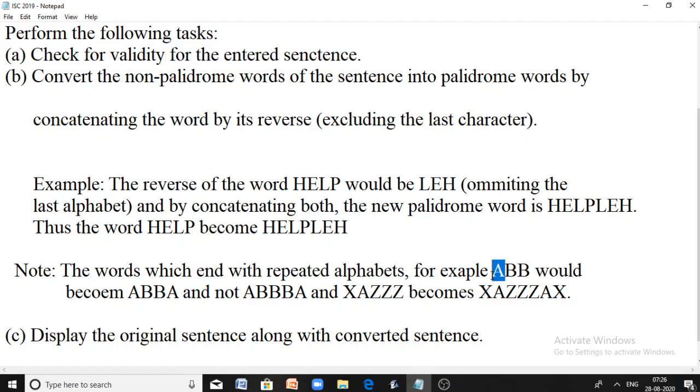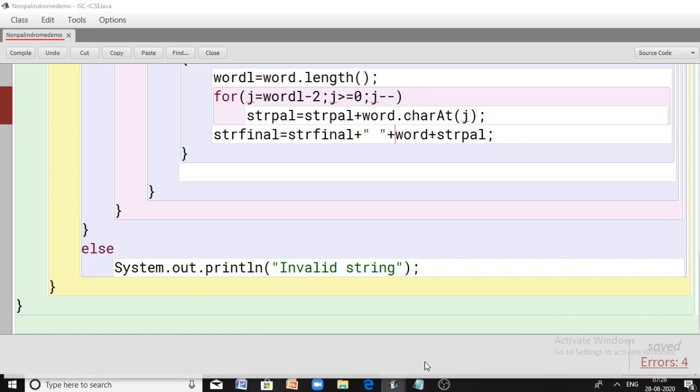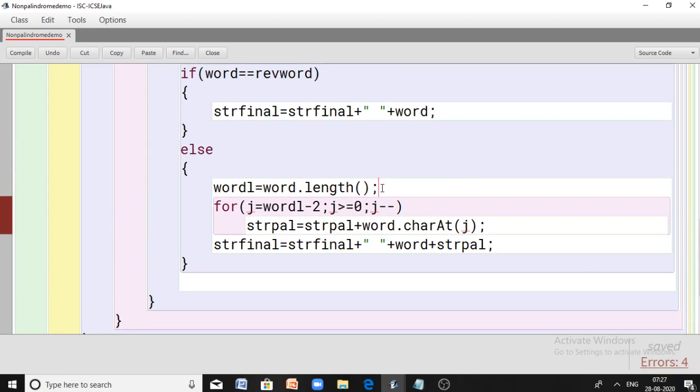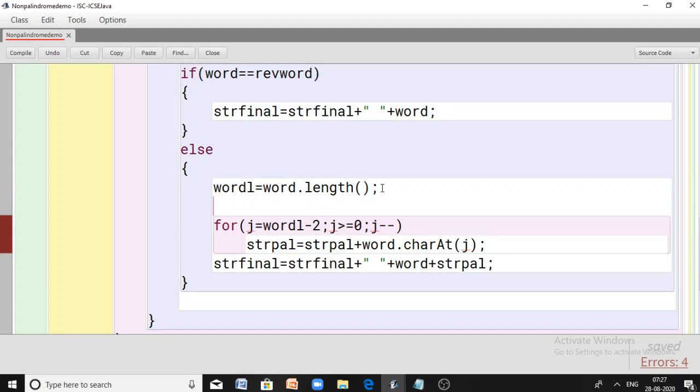So you have to check that, whether my word is ending with repeated characters. So in the same case I am checking that too. How can I check whether it is ending with repeated characters? The character at word length minus 1 is equal to the character at word length minus 2. That means the last character and last but previous character are both the same.